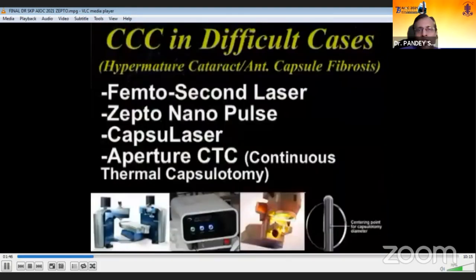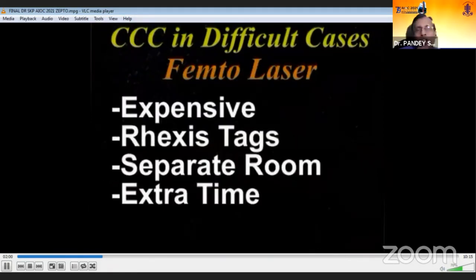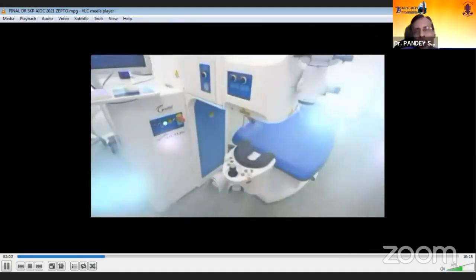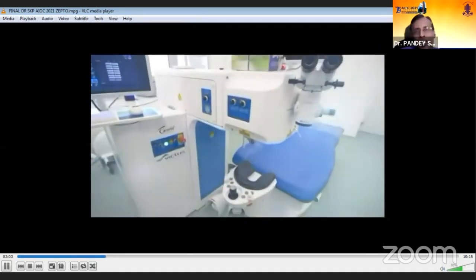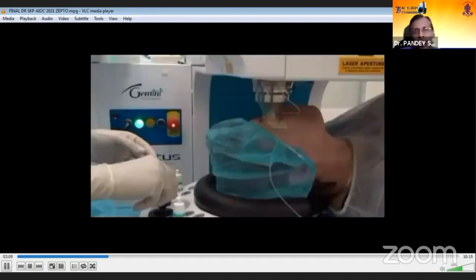Now we have several tools available to us in cases of difficult cataract surgery for doing capsular axis, which include femtosecond laser, Zepto nanopulse technology, and some other recent experimental devices. The femtosecond laser is one of the most exciting developments in the field of ophthalmology during the last 5 years.